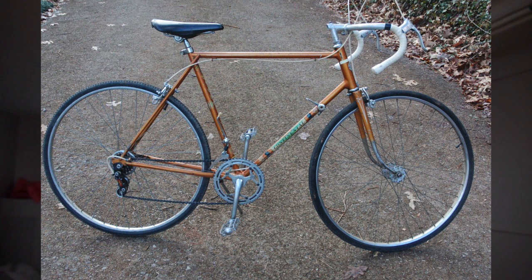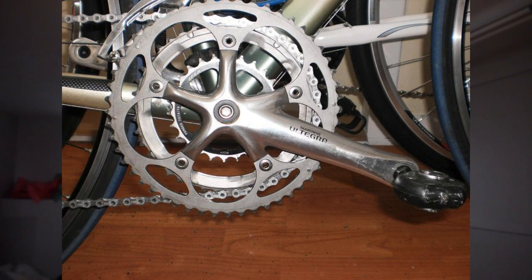The range of gears that these bikes tend to have is really poor, and really poor for climbing hills as well. So when you're looking at a bike to buy, typically if you're buying either a lower end road bike or a hybrid bike, what you want to look for is a bike that has a triple ring crankset on the front. So typically what I mean by that is that there's going to be 3 chain rings